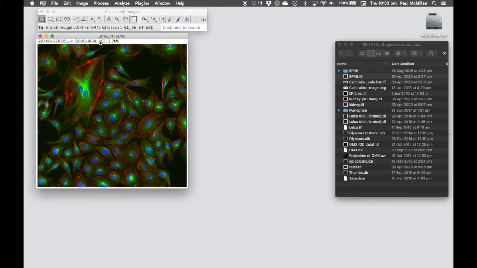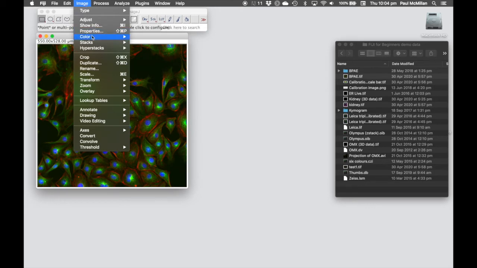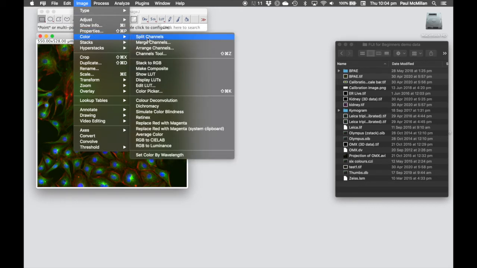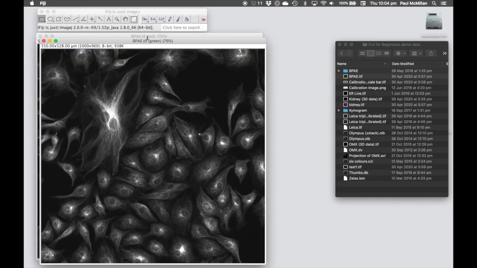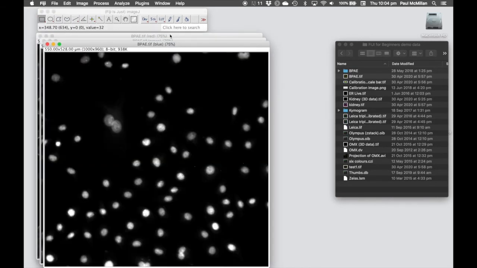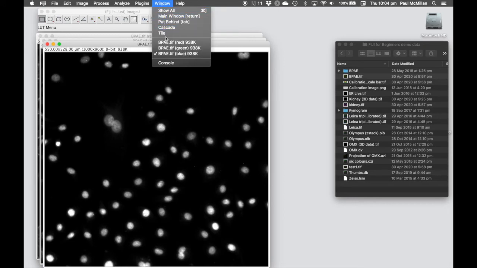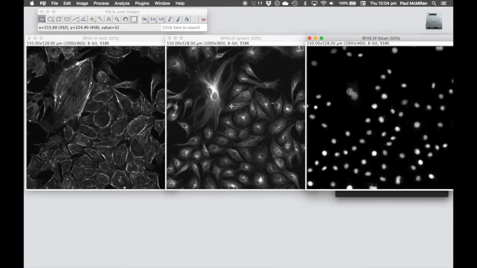So in this case, what we're going to do is we're going to split out these 3 colors into individual images. So this will only work if the images come in that blue, green, red format. If you've got magenta in there, that's not going to work. Okay. So we're going to use image, color, split channels. And now you can see we've got our blue, our green, and our red channel separated out. Now again, another little hint, if you can't see them all, if you go to Window and hit Tile, that will rearrange it so you can see the different channels on